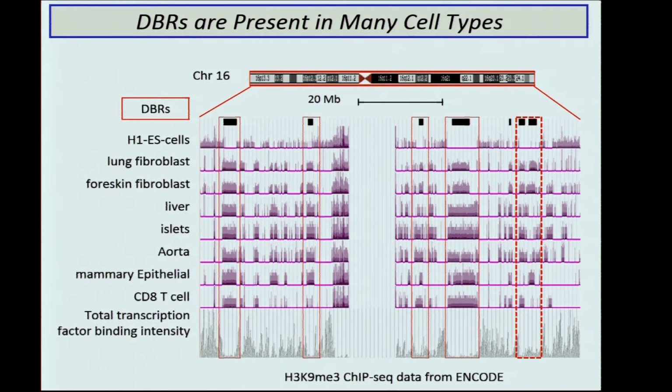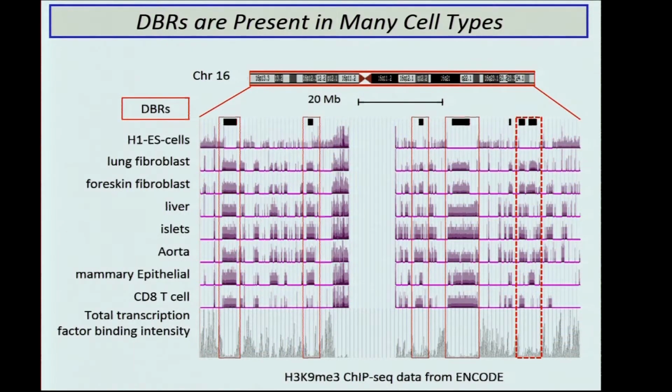Also, when we looked at all the ChIP-seq data from about 60 transcription factors, almost all of them are depleted within these DBRs. So this is more of a general phenomenon, where histone marks such as H3K9 trimethylation mark a state of the chromatin that preserves cell identity and blocks access of reprogramming factors such as OSKM from getting inside.